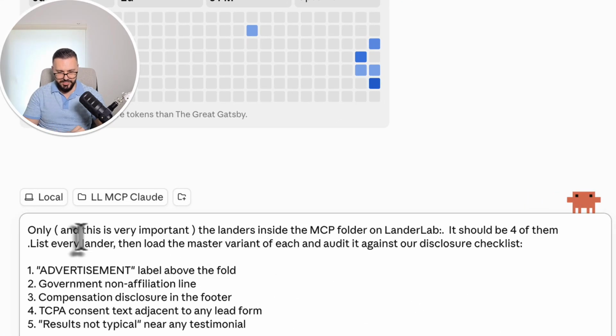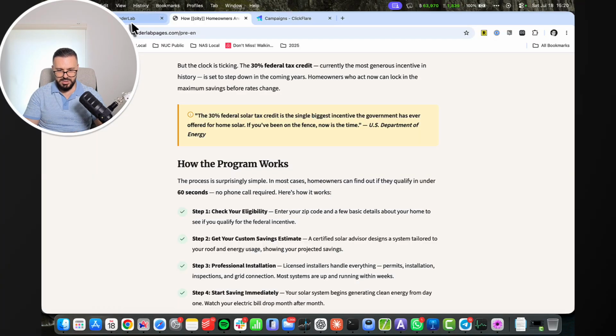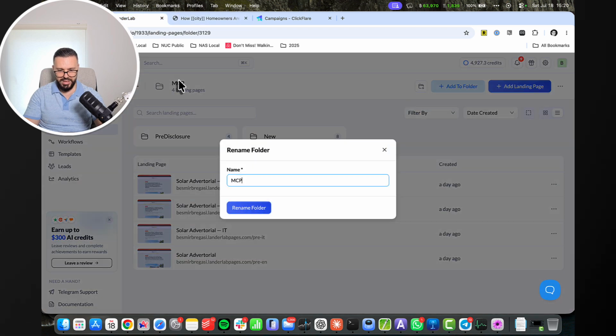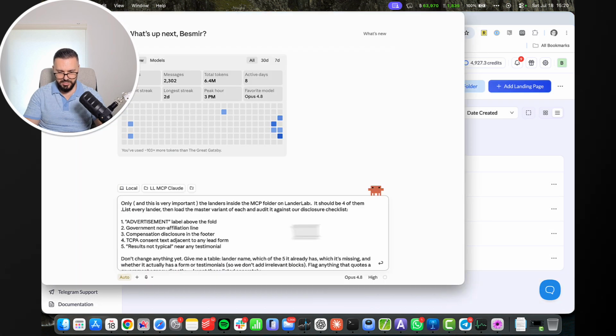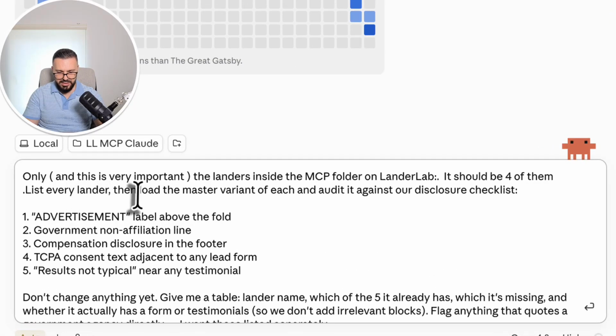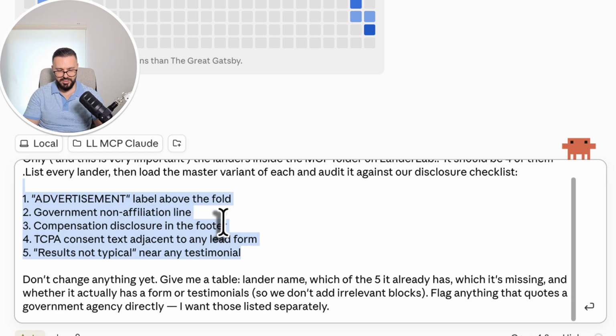What the prompt says: only, and this is very important, the landers inside the MCP folder on LanderLab, which is the folder here where we have these 4 landers. It should be 4 of them. List every lander, then load the master variant of each and audit it against the disclosure checklist. So basically these are the requirements from the advertiser, which were the points mentioned above. Don't change anything yet. Give me a table: lander name, which of the 5 it already has, which it's missing,